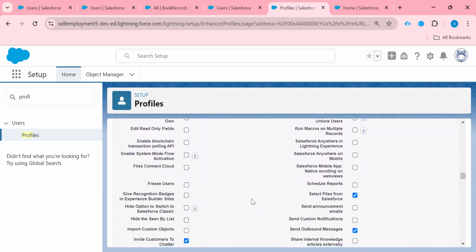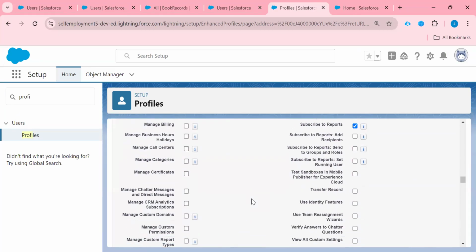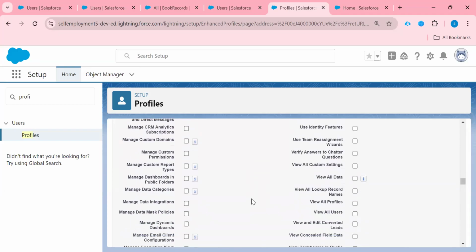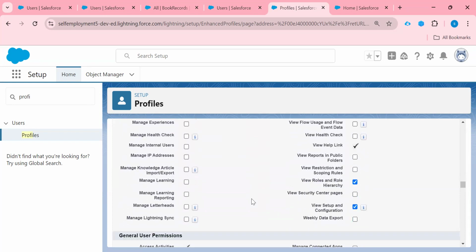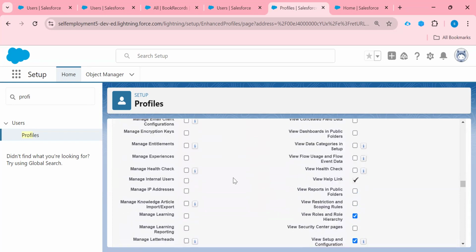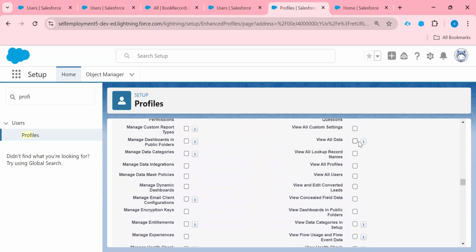Let me scroll slowly one by one. View all data permission is here.